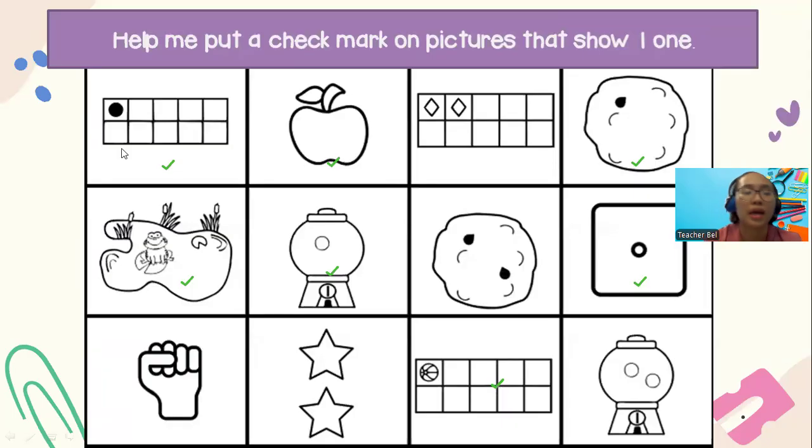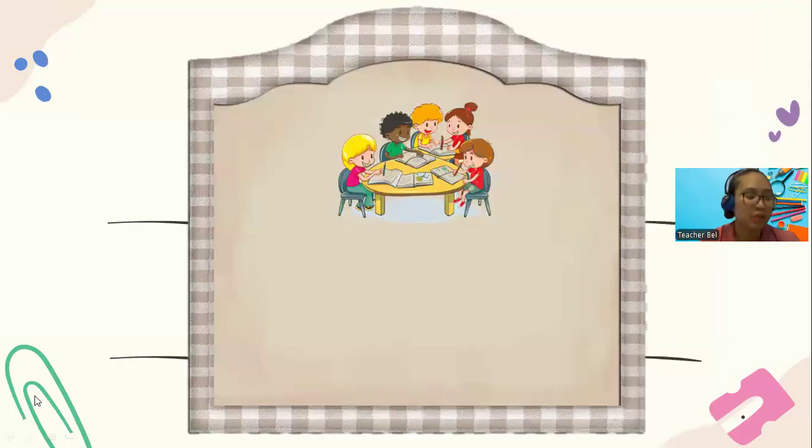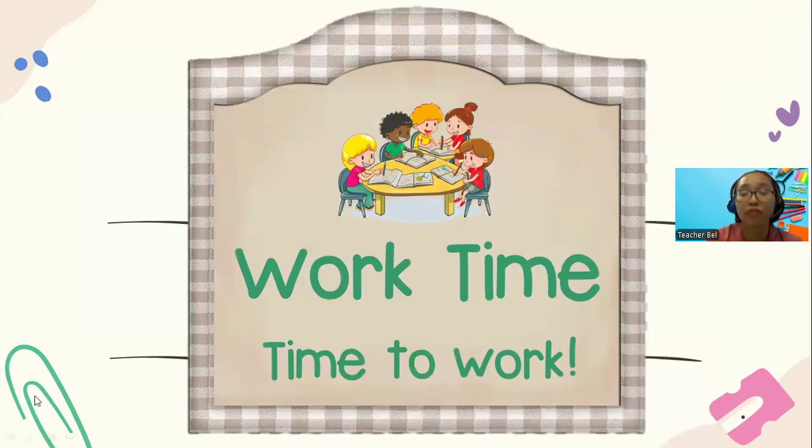Or one? Yes, we get to check this one. That's a check, that's one. And this gumball machine, there's two. We leave it. We only need one. So these are the pictures that show number one. If you did the answer on the screen with me, good job. Let's move on to the next part, and that is to have your work.